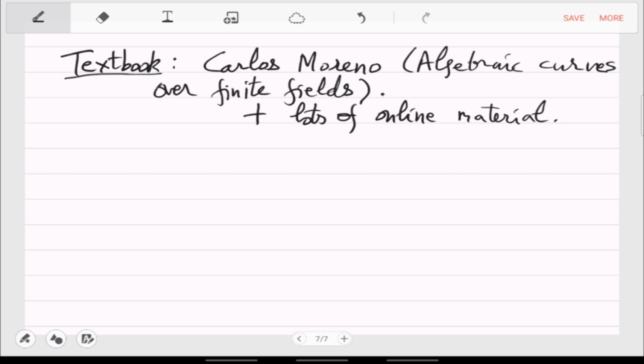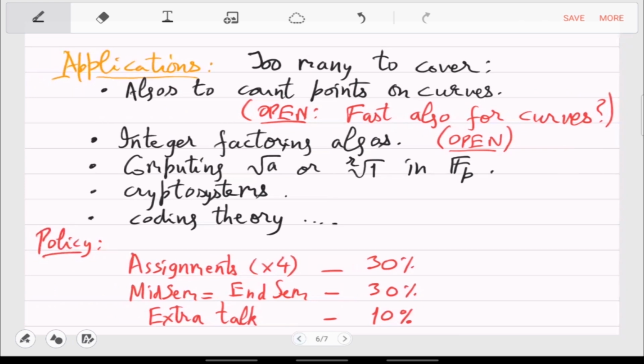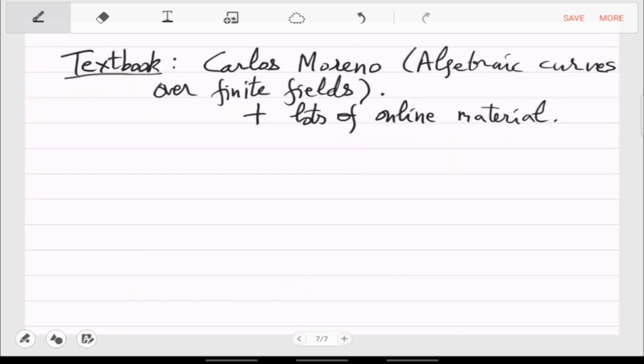Okay, so we have 20 more minutes. Do you have any questions till now? Oh, so we have a TA. Deeptojit will be your TA. So you can contact him not just for the grading of the assignments, but also you can ask questions about the lectures. He will be able to help you with almost anything in this. Okay, so if no questions, then we can start with the first topic,